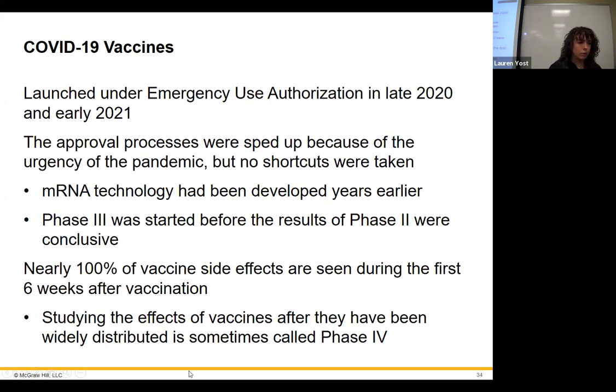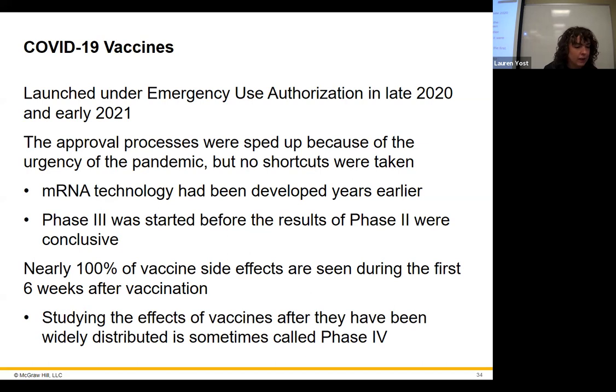Of course, we're going to talk to it in a moment, but we'll get to it. We had the emergency use authorization in 2020, 2021 that allowed us to use the mRNA technology for the COVID vaccine, the one that got the Nobel Prize. So yes, they started phase 3 before phase 2 was concluded. They had most of the results that they needed. They didn't get all of them, so they went ahead and got approval to continue with phase 3 before that.